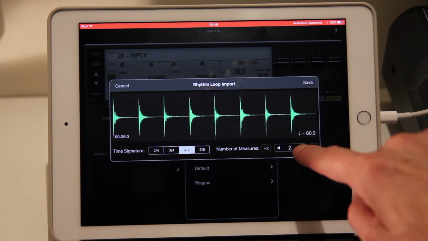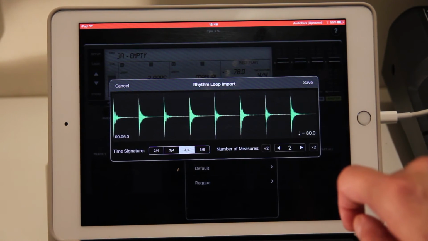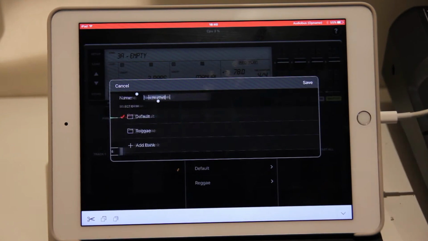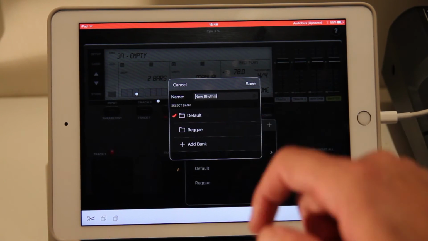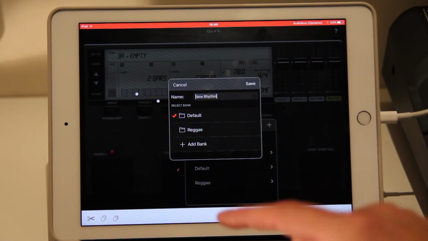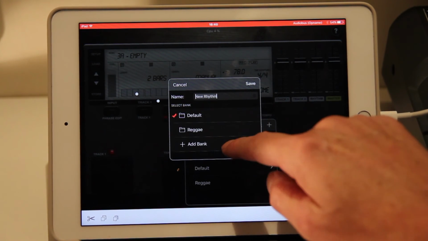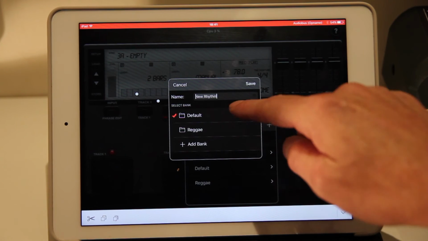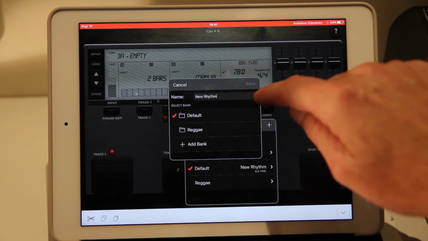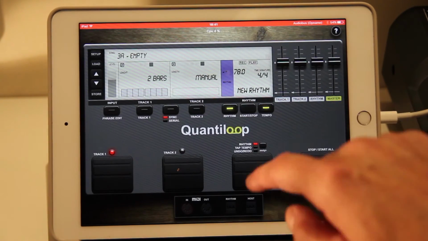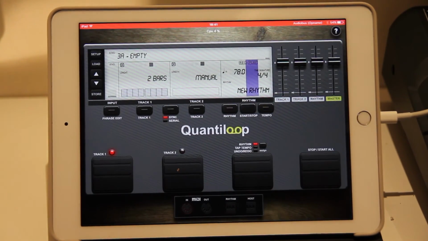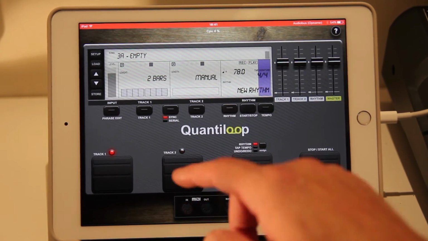We can also fine-adjust the number of measures here if we want to. Before we save that, it lets us enter a rhythm name and possibly even add it to a new bank if we want to. We'll leave the default new rhythm and just save it. And we now got a new rhythm. If we start this rhythm, this already sounds a lot better than our metronome. And now if we start our loop,